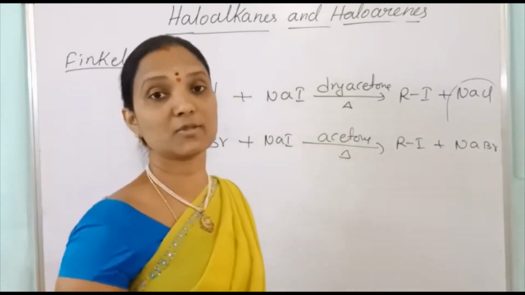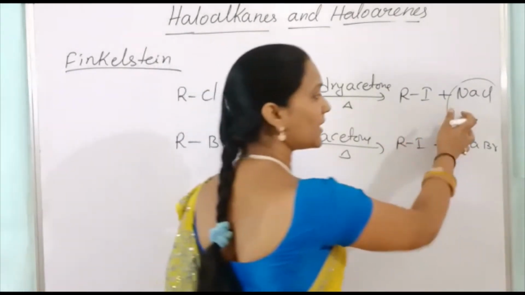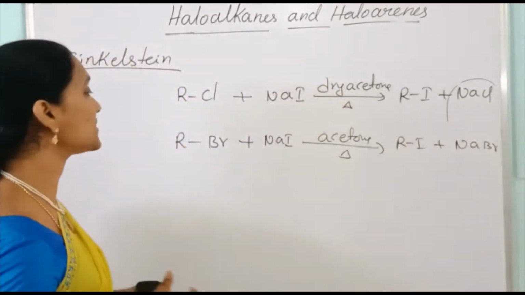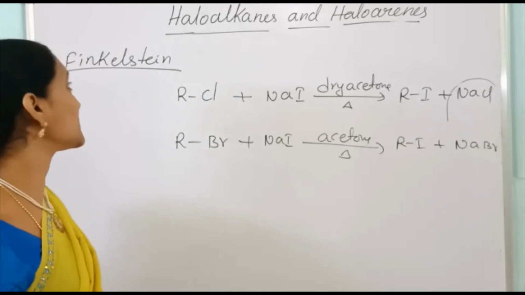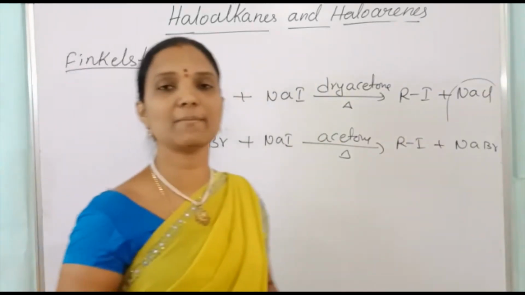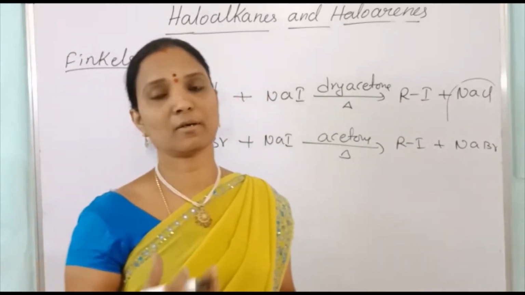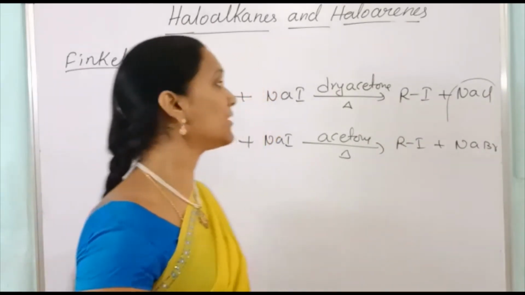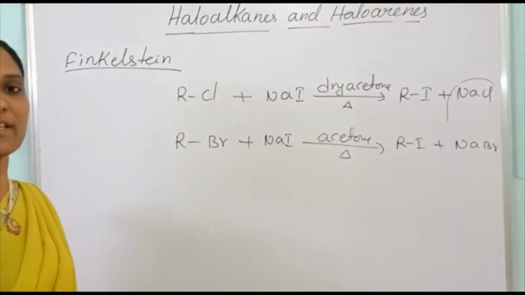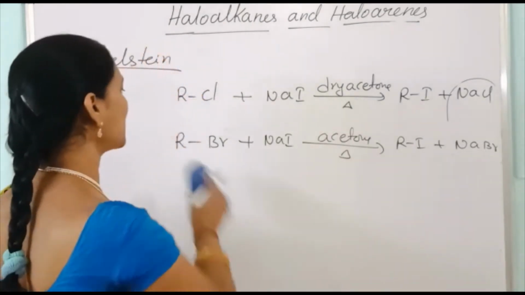So why do we use dry acetone as solvent? Because sodium chloride and sodium bromide are obtained as precipitate. Okay, this is the preparation of iodides. The best method is the Finkelstein reaction. So for chlorides, the best one is the Darzens process; for bromides, the Borodin-Hunsdicker method; and for fluorides, the Swarts reaction. For iodides, the best one is the Finkelstein reaction. Swarts is also just halogen exchange only. So this is the Finkelstein reaction.